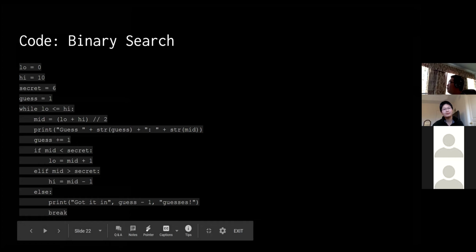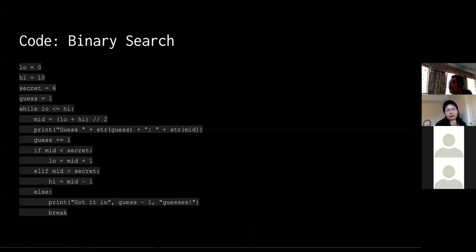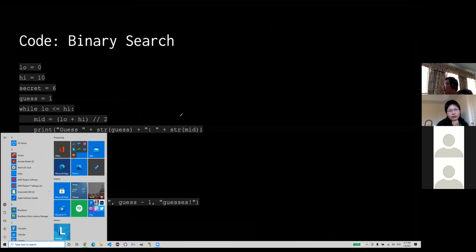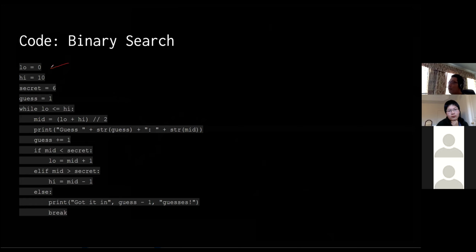It's really, really simple because the crux of binary search is understanding why it works and how fast it is, and not really the code for it, because that's way easier than understanding the crux of it, right? So you take a low, a high, and a mid, like we talked about, and then each time you split in half, and then you look for a lower value and a higher value, right? So if mid is less than secret, we're going to set low to mid plus 1, which means that we're actually going to